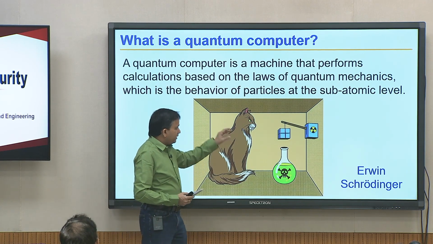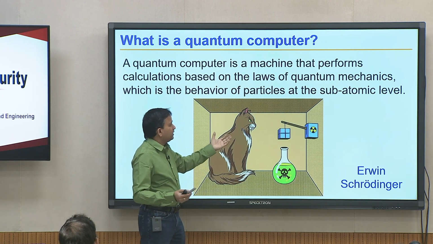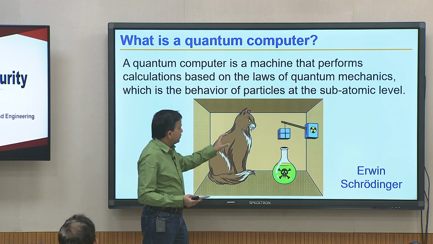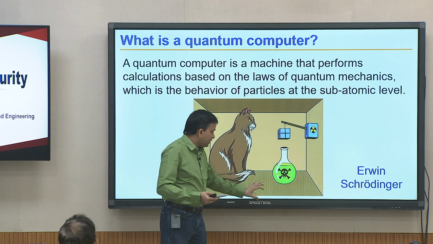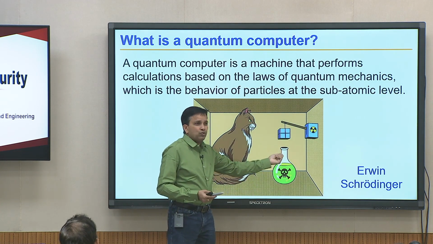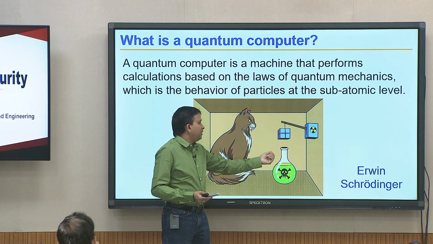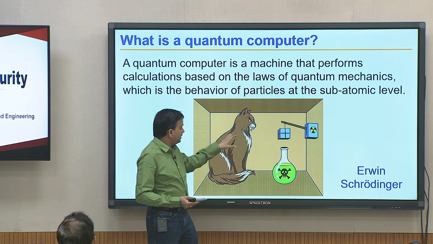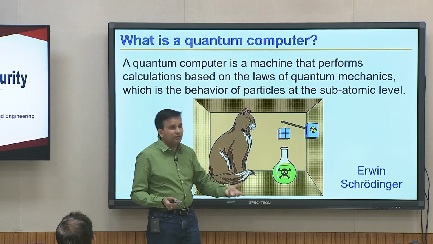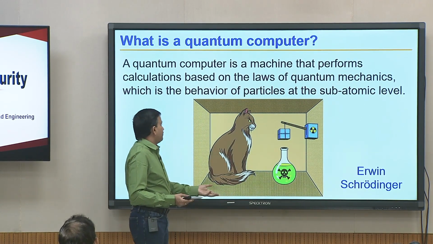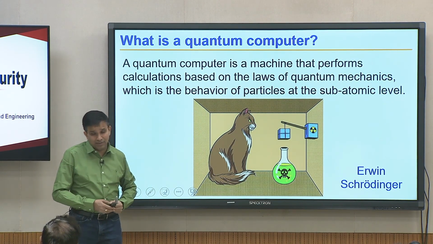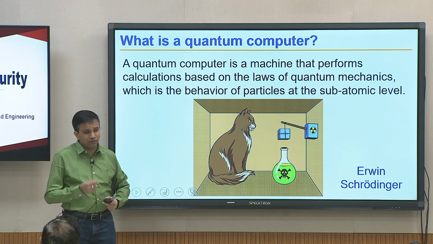So, a cat, this is Schrodinger's cat, and Schrodinger is assumed to be the godfather of this domain. Schrodinger is basically saying you put a cat inside a box and keep some poison, and that is kind of closed, intelligently closed. If the cat is intelligent, it will be able to open it, and if it opens, most likely it is going to drink or spill and die. Now, if the cat's owner is outside and you ask the owner, is your cat dead or alive, that is actually the qubit.